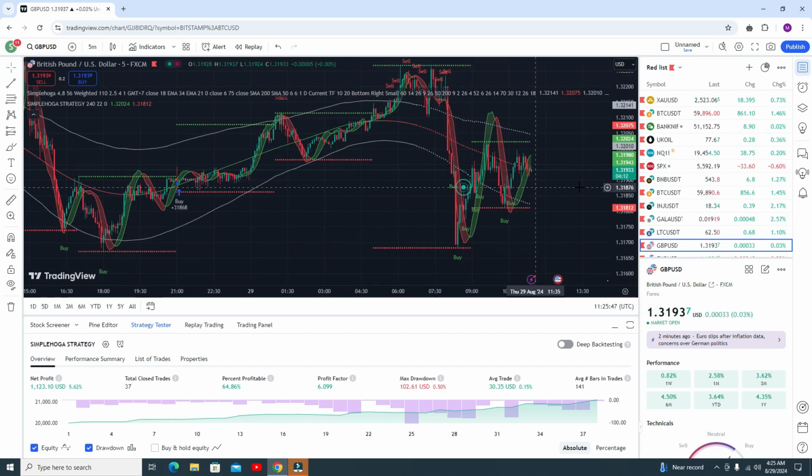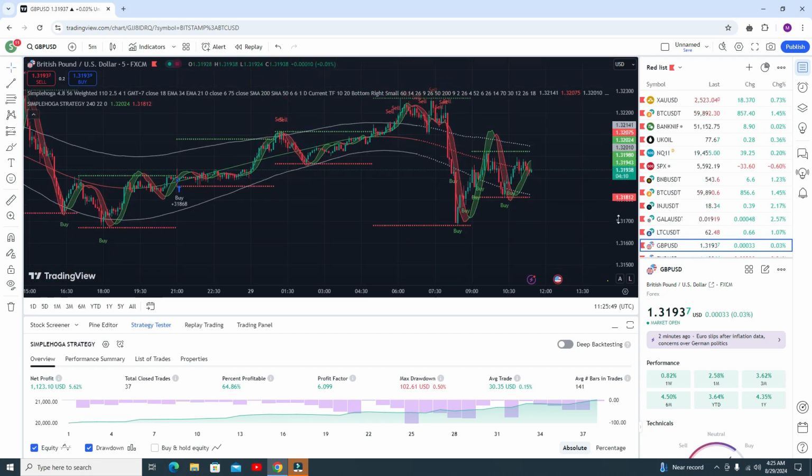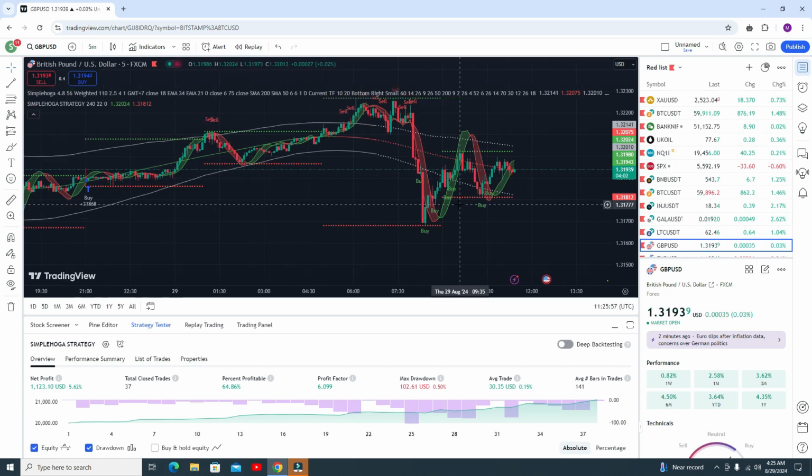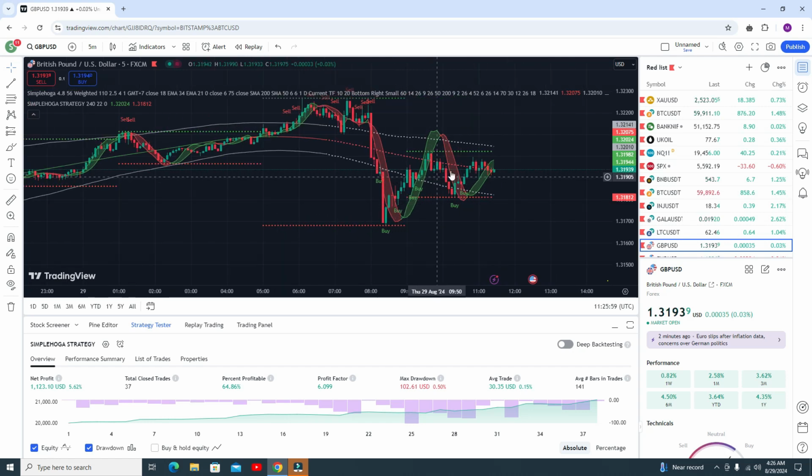Here you can see, let me show you. After getting this sell signal, you need to wait. Here you can go for the buy trade, you can book your profit. This is the most recent buy signal, and it will definitely give you the profit.